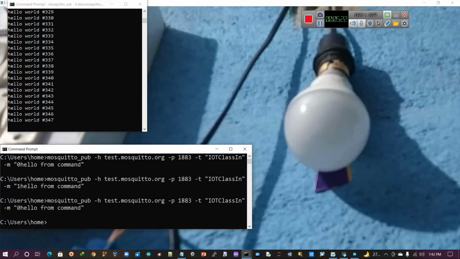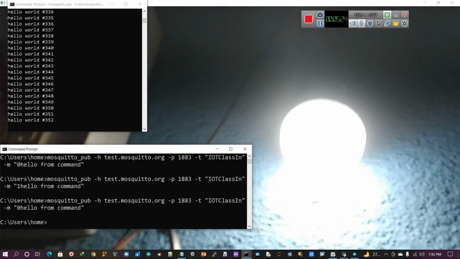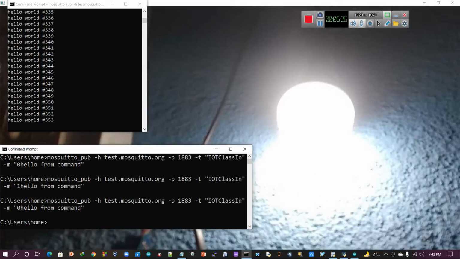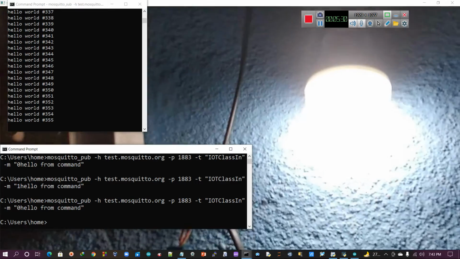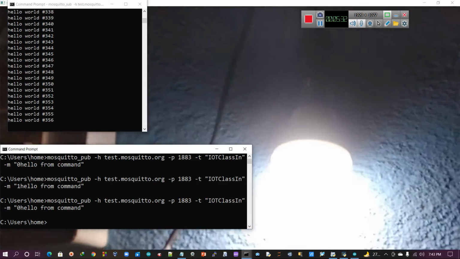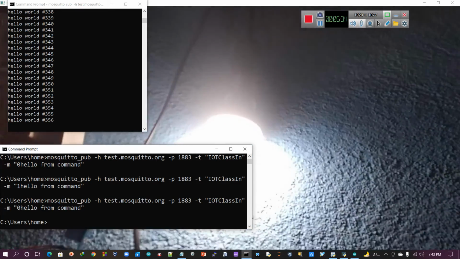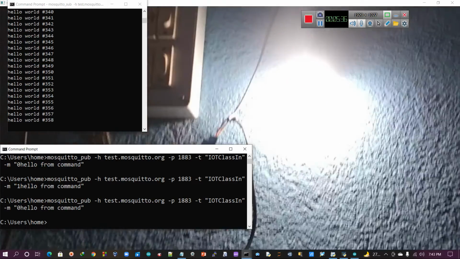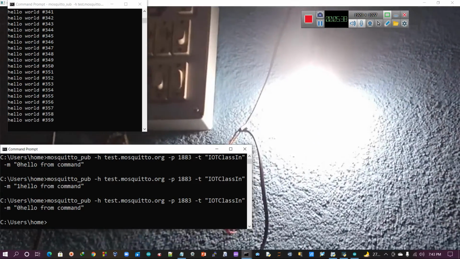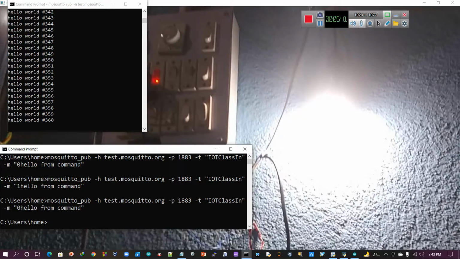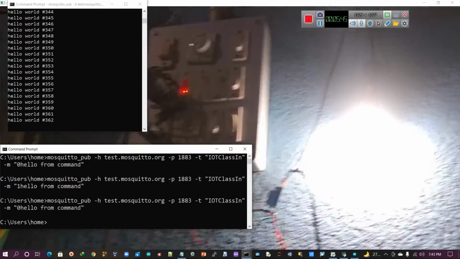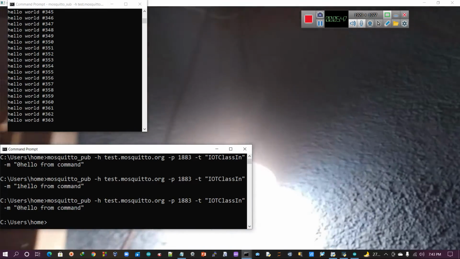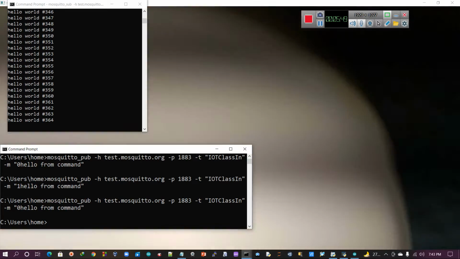It is taking some time because I am not working in the intranet. Actually, it is totally working on the internet, so I can control the state of this bulb, on or off. I can change it from anywhere, from my mobile or from my laptop. That's why I have shown you such devices: Node MCU with relay with that bulb. That is a separate unit that is installed in my room.